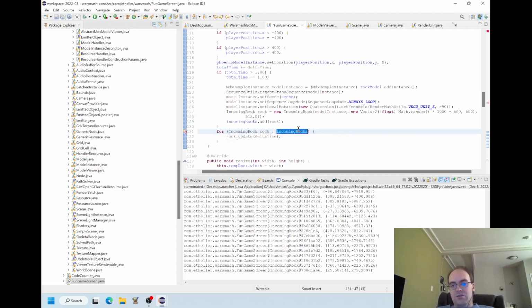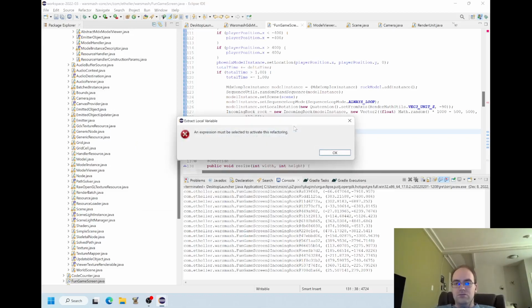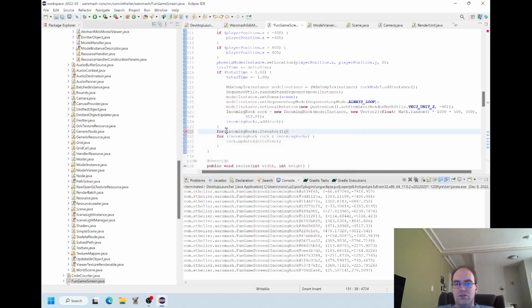And I guess this gets back to where if we have, what is this? So if I have an iterator incoming, maybe just rock iterator.